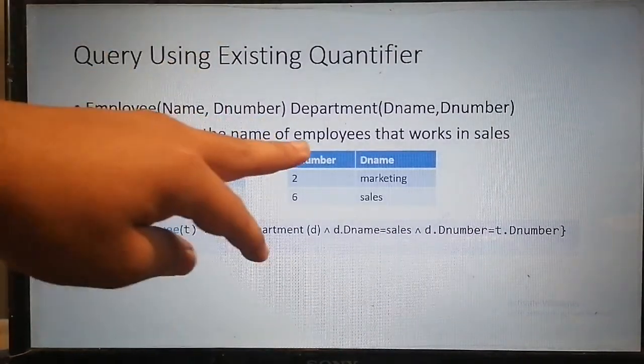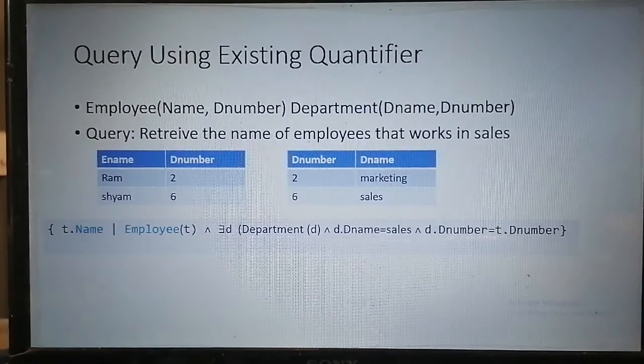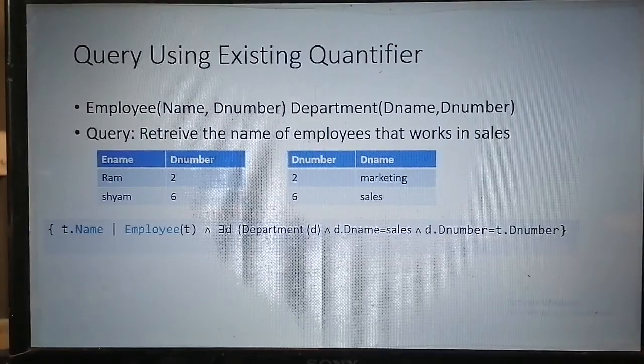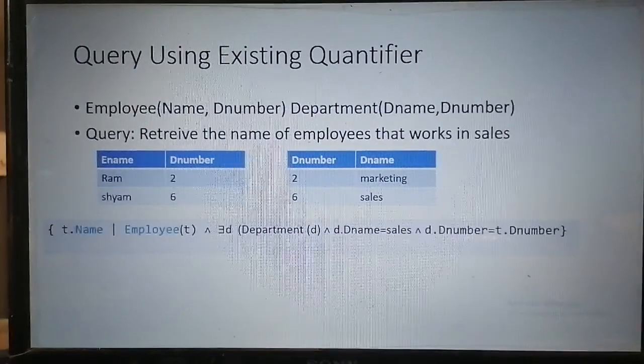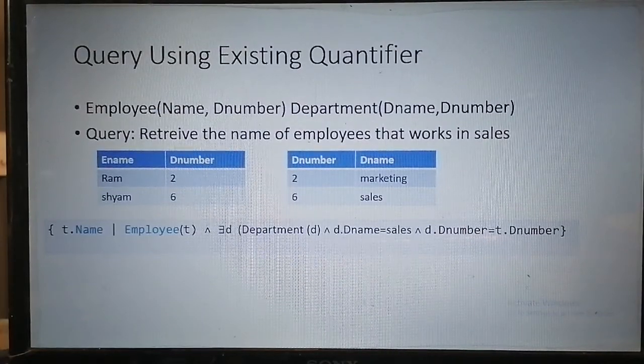Let's see the other condition. The employee must be working in the department of sales. In relational algebra, we do a natural join on the basis of the common attribute.